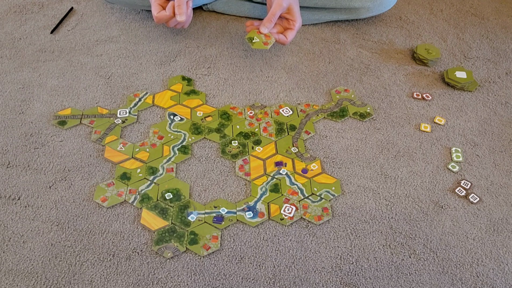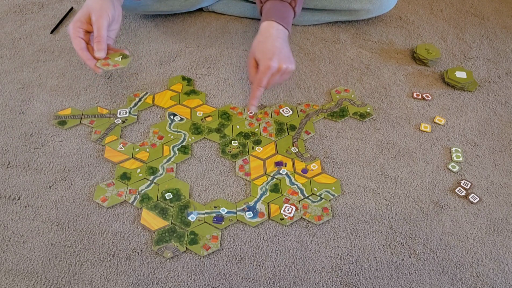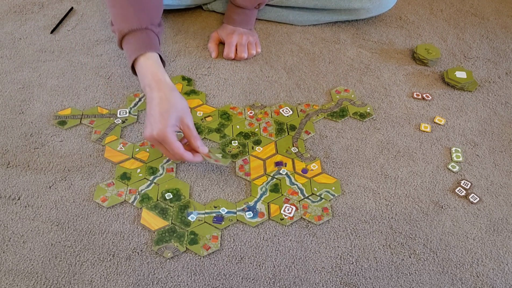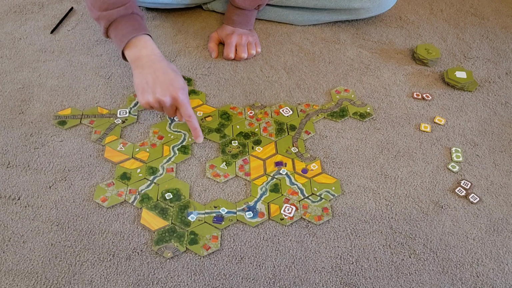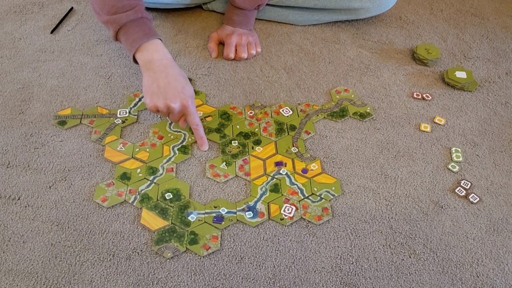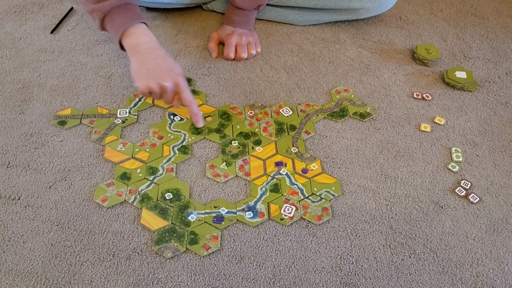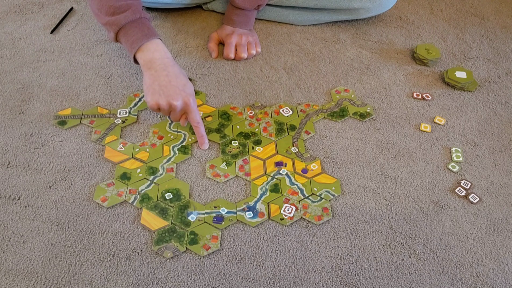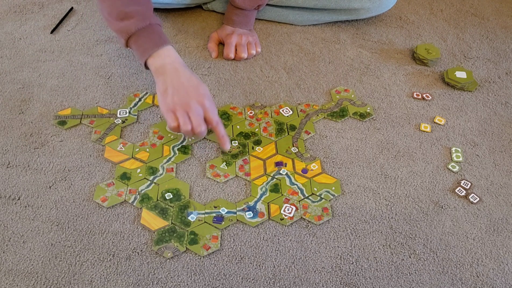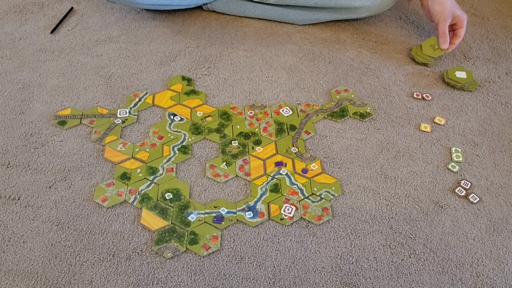Ooh, this actually could work out rather well for us, potentially, because I already have this area that is pretty enclosed. So if I do this, I would just need to put something here. And if I put something here, I would have 1, 2, 3, 4, 5, 6, 7, potentially 8, 9. I'm going to do that, definitely. All right. That being said,